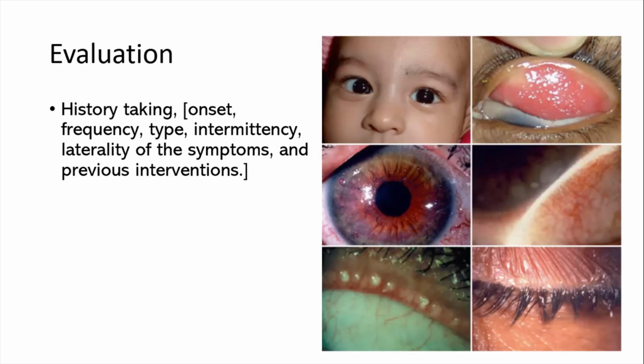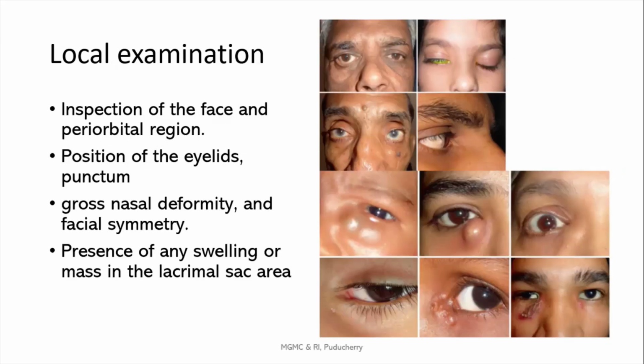A continuous type usually is because of a complete NLD obstruction. An intermittent type which exacerbates with the URI and all can be a partial NLD obstruction. Also ask for history of any previous intervention, if any. The local examination of case starts with inspection. So we do a thorough inspection of the face, the nose, the paranasal sinuses area, the periorbital area. Most important, this is to rule out the pseudo-epiphora causes, and also look for the position of the